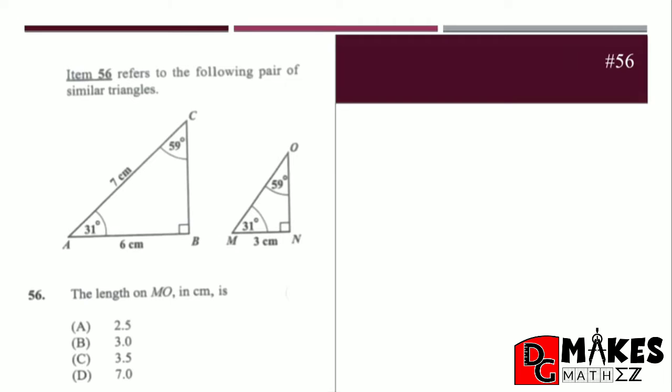Let's see. For example, the ratio of AB to the ratio of MN, that's in the other triangle,